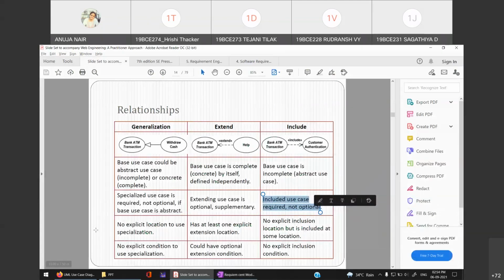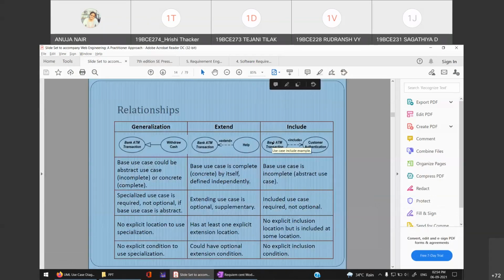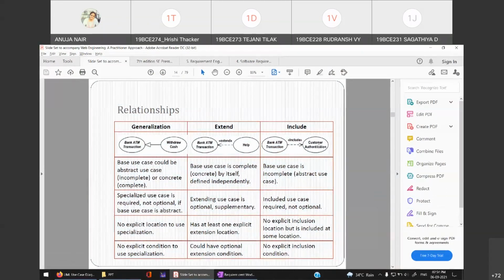Okay, so this is your base use case, bank ATM transaction, through which your main actor is connected, and this is your included use case. Okay, I'll tell you the meaning of both later. Did you understand this much? What is the meaning of include relationship? So ma'am, here bank ATM is including authentication. Yes, Janil. Bank ATM transaction is including authentication means authentication will happen first and then bank ATM transaction will take place. If authentication is not happening, then bank ATM transaction cannot take place.